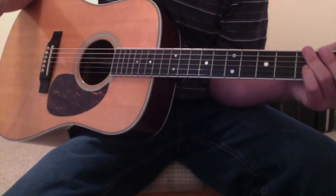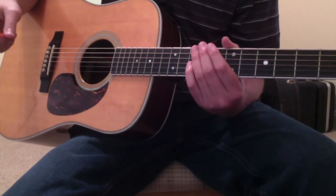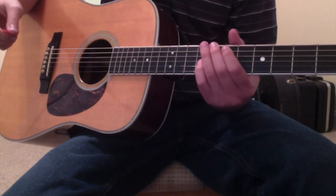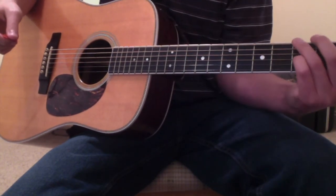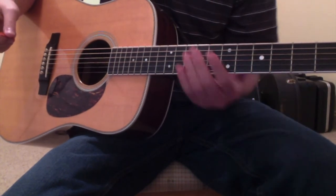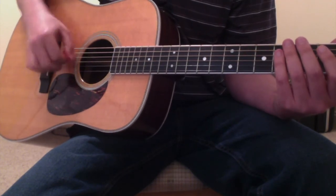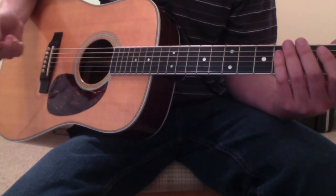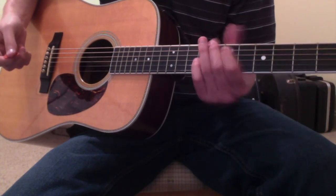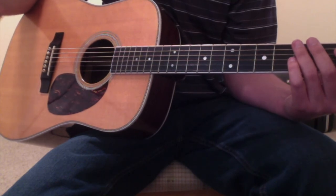Another thing to consider whenever you're doing this is, because this is such a rhythm-driven song, if you're having trouble with the chord formations, I would suggest that you just force your left hand to figure it out and drive through with this rhythm no matter what. If you're trying to practice and learn this thing all at the same time, maybe you already know the chord structures and you're just struggling with rhythm. But if you're trying to learn both at the same time,